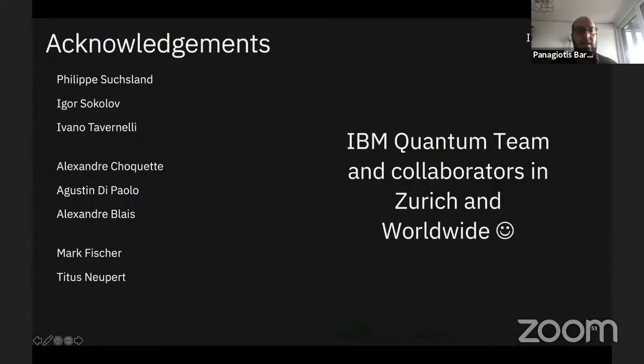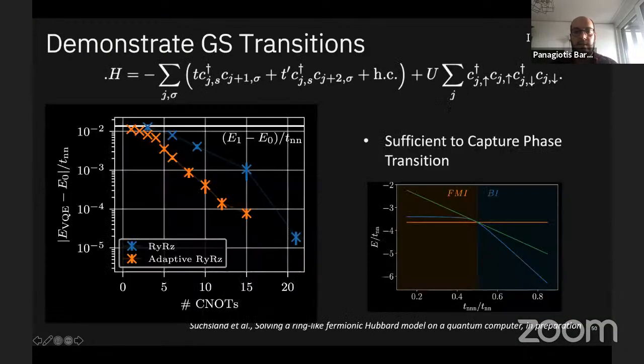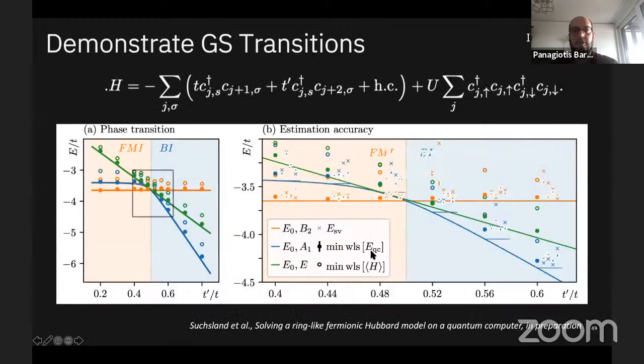So in principle, we scan the whole profile. Here, you see that this is a special system that I don't want to go into details about right now, but we have the second nearest neighbor hopping terms, and we are scanning over T over T in order to find this transition. I'm happy to discuss it in a week or so when we will have the arXiv paper in more detail. With this slide, I just wanted to show that we can use the proposed ansatz and the proposed error mitigation technique to actually capture physics problems that are of interest.